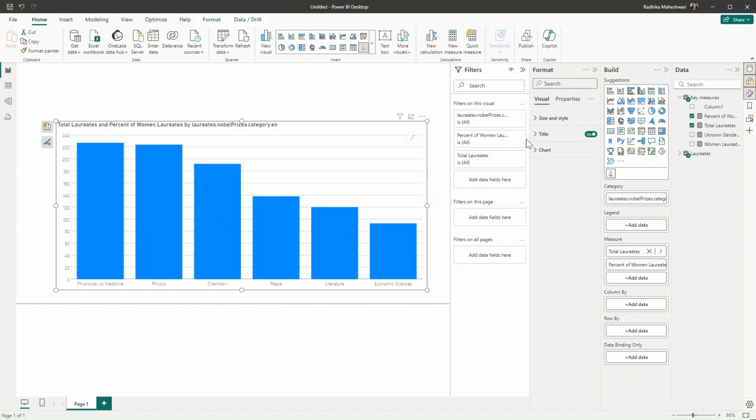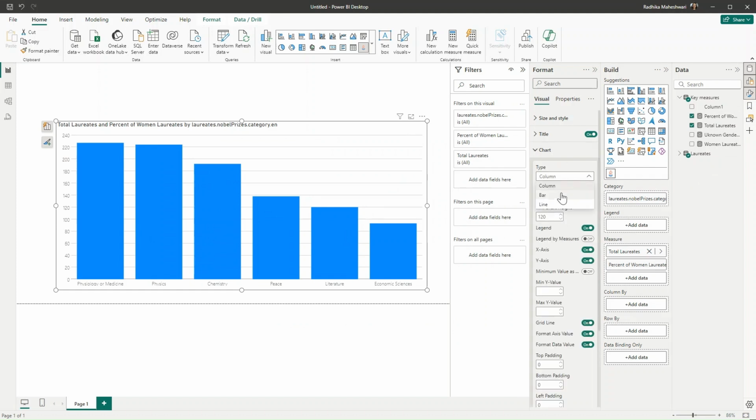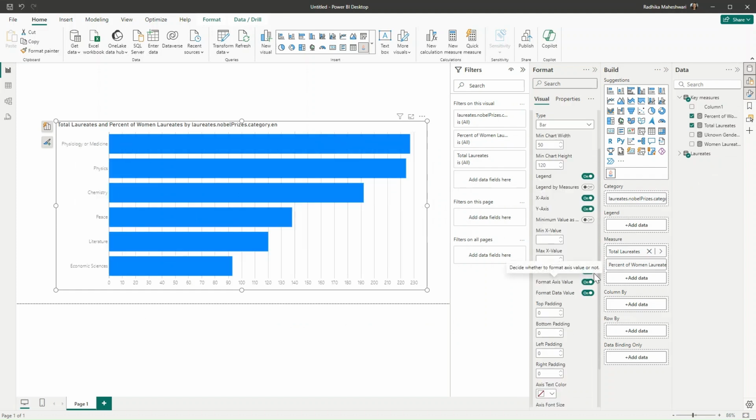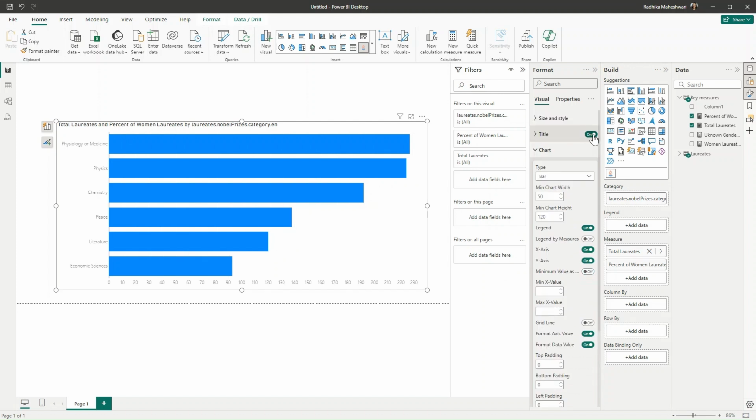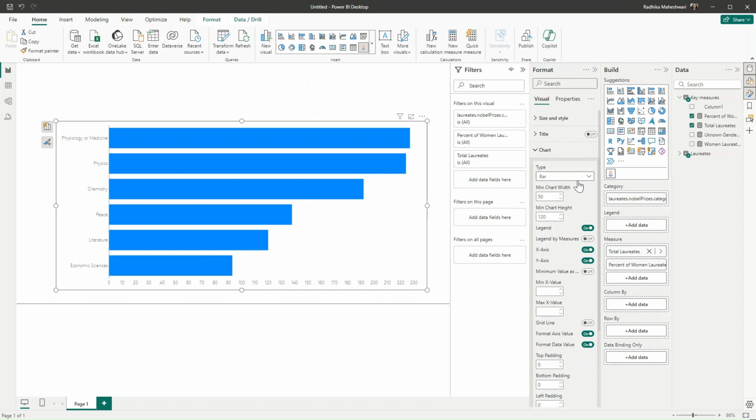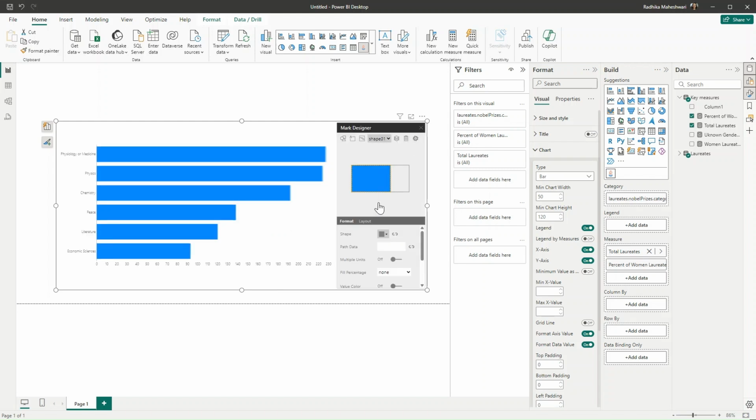So I will go to formatting pane, and in chart, I will treat this as a bar chart. And we don't want the grid lines, so turning off grid lines. We don't want the title, so I'll turn off the title. And now the rest of the formatting will be done in this visual itself. So I will click on this edit mark,